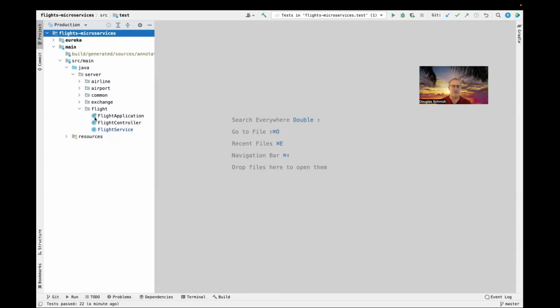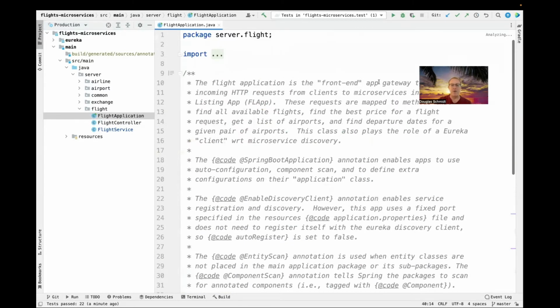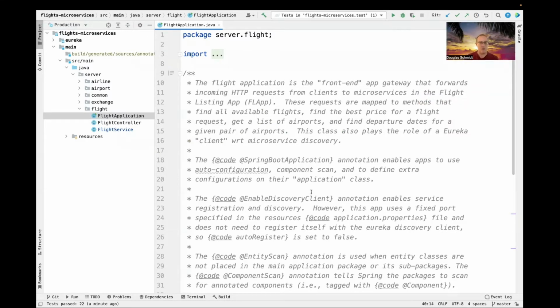So now that we've talked about the high-level view of the functional-based implementation of the FLApp case study that uses Spring WebMVC and synchronous code models and synchronous call models, let's go ahead and take a look at the flights package. And that's kind of the entry point, quite literally, because this is the application gateway or the front-end app gateway that takes incoming requests from clients and then maps them to the various microservice implementations in the flight listing